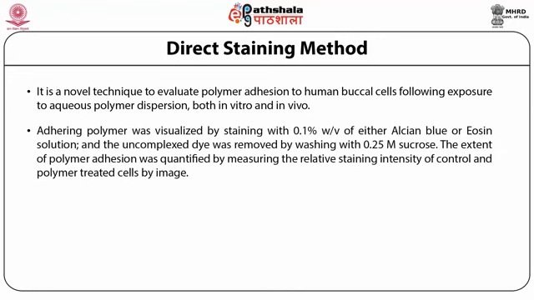Adhering polymer is usually visualized by staining with 0.1% weight by volume of either Alcian blue or eosin solution, and the uncomplexed dye is then removed by washing with 0.25 molar sucrose. The extent of polymer adhesion is quantified by measuring the relative staining intensity of control and polymer treated cells by